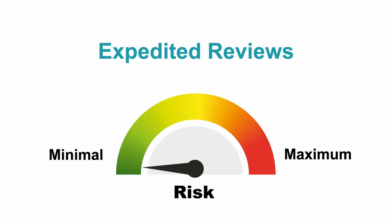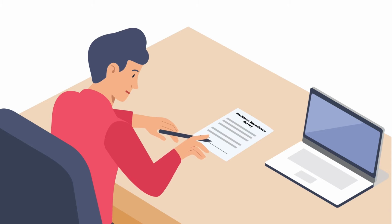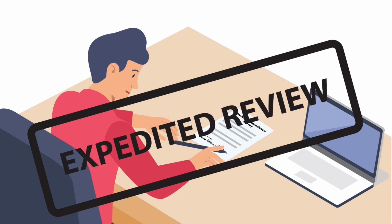Expedited reviews apply to data collection with minimal risk, such as collecting personally identifiable information and other non-sensitive information. This could include fielding a survey that asks facilitators to provide their names and respond to non-sensitive questions about their experiences delivering the program. In an expedited review, select IRB staff will review your data collection plans and materials. You must notify the IRB of any changes to your plans, and you might need annual approval from the IRB